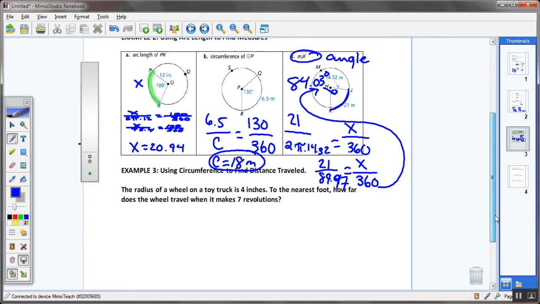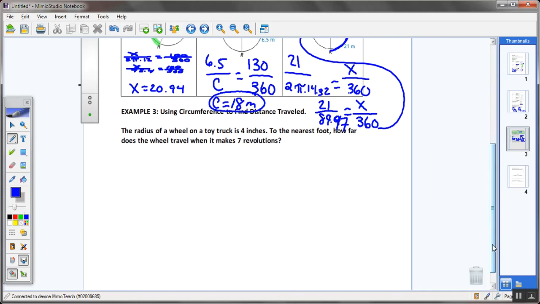Okay, let's look at the last example on this page right here. I like this example. It says using circumference to find distance traveled. The radius of a wheel on a toy truck is 4 inches. To the nearest foot, how far does the wheel travel when it makes